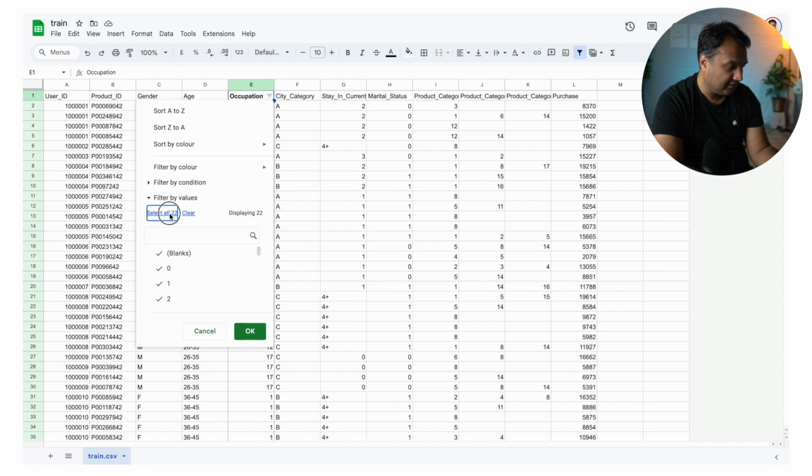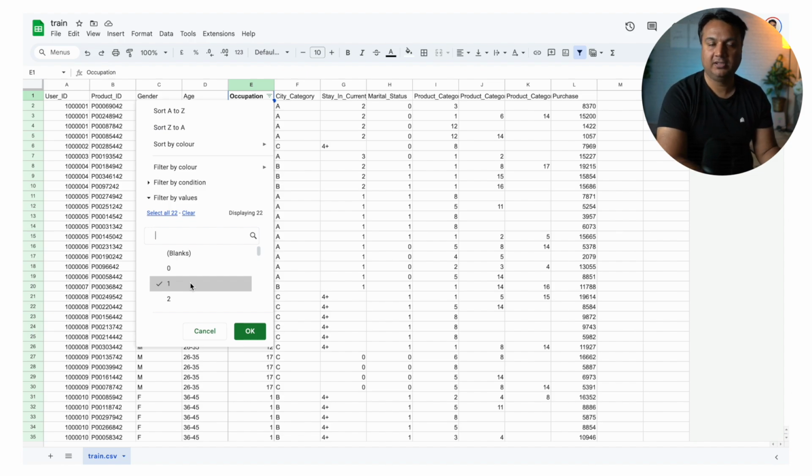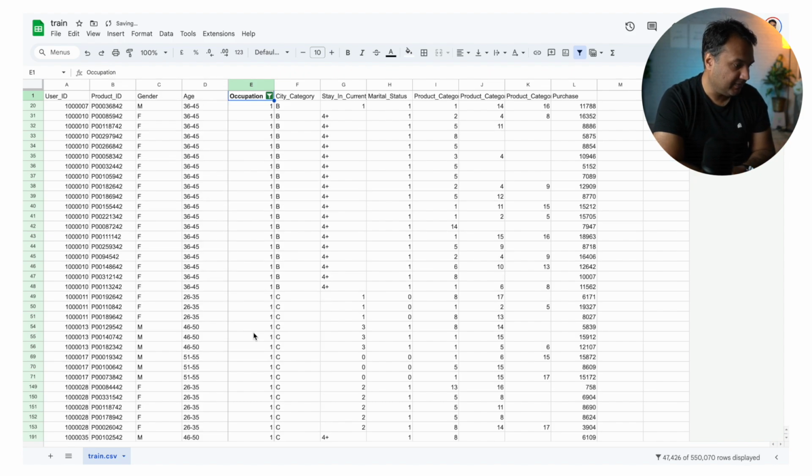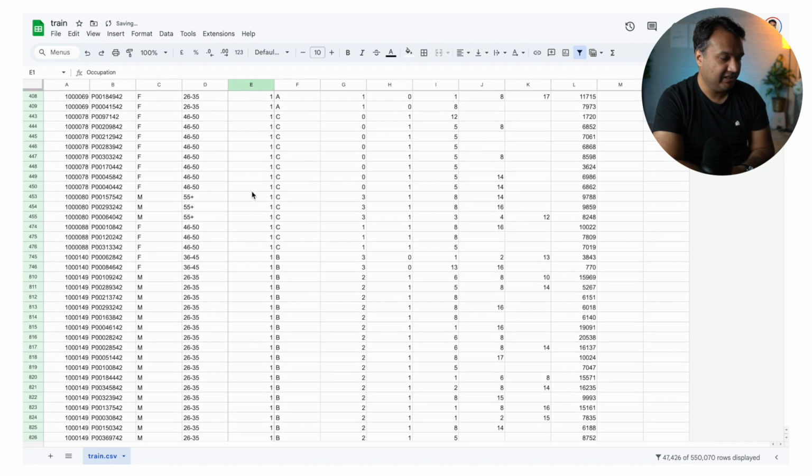Selecting all, clear, okay. So I just want to look at people who have occupation of 1. Now they have codified it, so I don't know what occupation 1 means. Could be software engineer, could be plumber, could be anything. But I just want to look at the data where the occupation is 1. I come here, I apply the filter. Now everything I'm seeing here is 1.